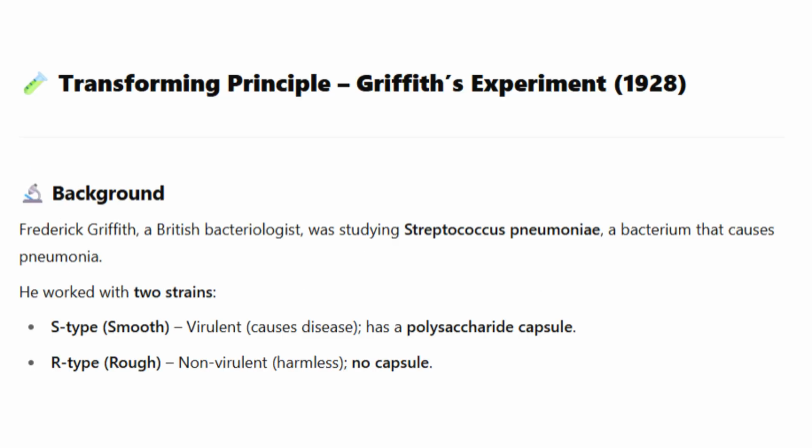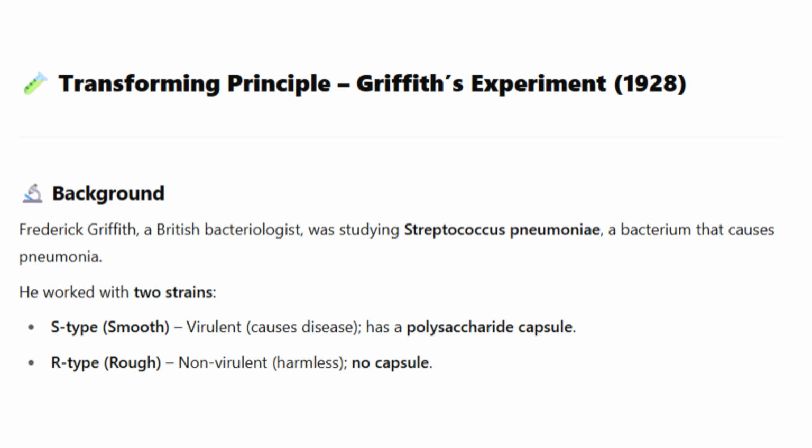Transforming principle: Griffith's experiment, 1928. Background: Frederick Griffith, a British bacteriologist, was studying Streptococcus pneumoniae, a bacterium that causes pneumonia. He worked with 2 strains. S-type, smooth: virulent, causes disease, has a polysaccharide capsule. R-type, rough: